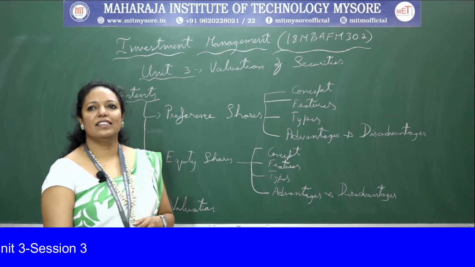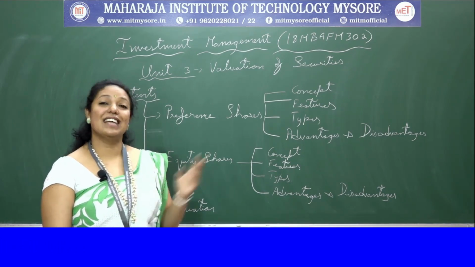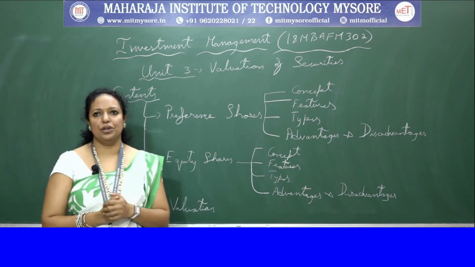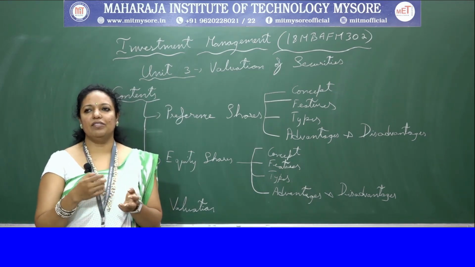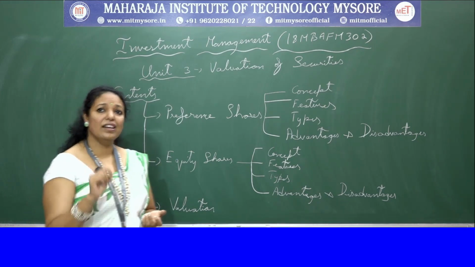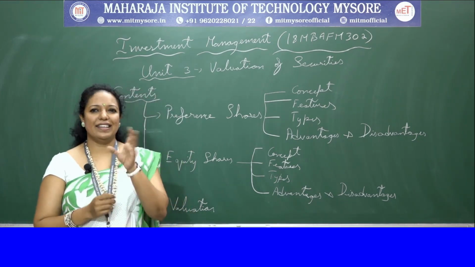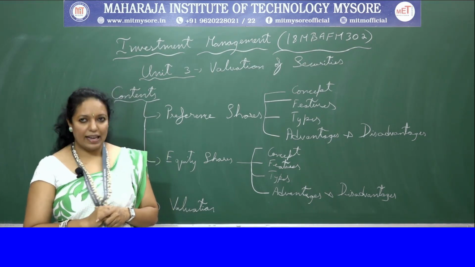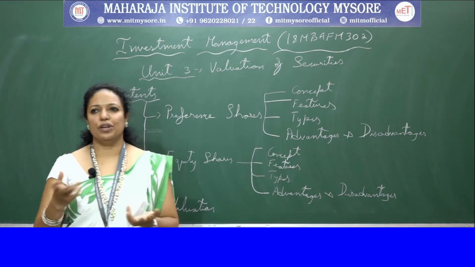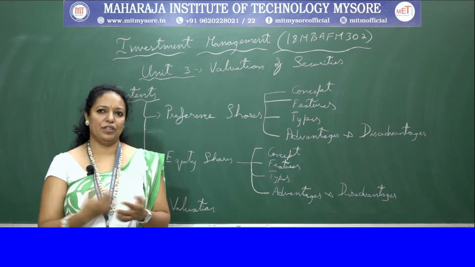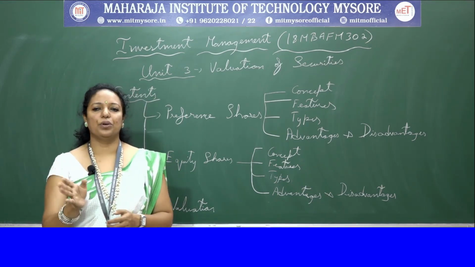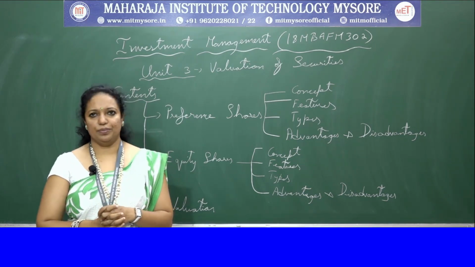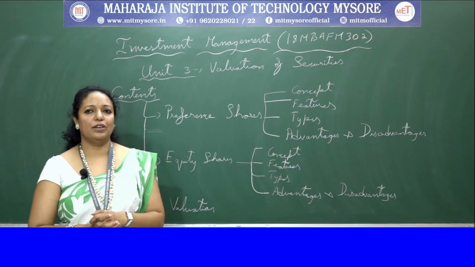Okay, next is the third category, which is other approaches. Other approaches include the price to book value ratio, where the book value of the company is the value of the net assets in the balance sheet, and net assets is total assets minus intangible assets and liabilities. So the ratio shows how much is actually paid for the share, that is the price to book value, meaning the price of an asset is taken in order to match the book value. Okay, that was the price to book value ratio.